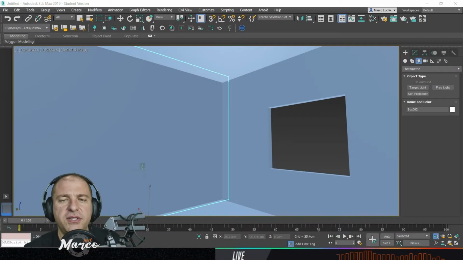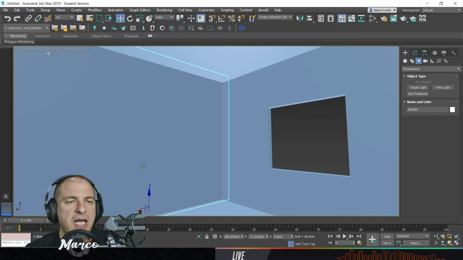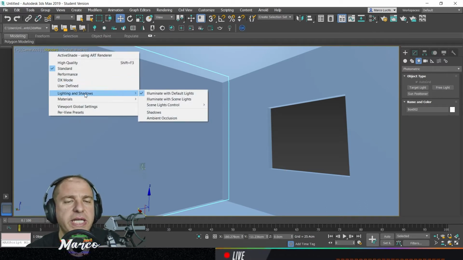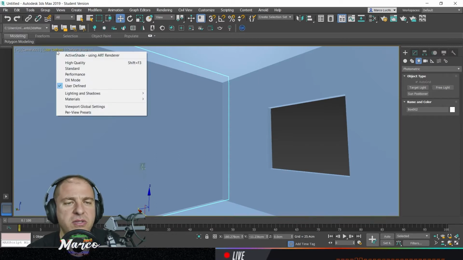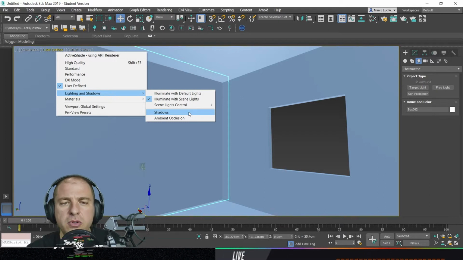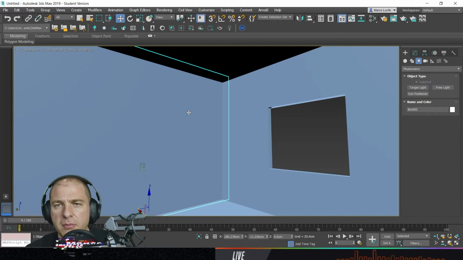Okay, first of all, let me describe which kind of scene I have in here. I have a couple of boxes, basically, and I have one camera inside this room. And the first thing that I'm going to do is change my viewport parameter by clicking standard. I will click lighting and shadows, and I will select illuminate with scene lights. And then by clicking again on the same exact menu, I will enable shadows. This will give me the possibility to see in real time inside my viewport